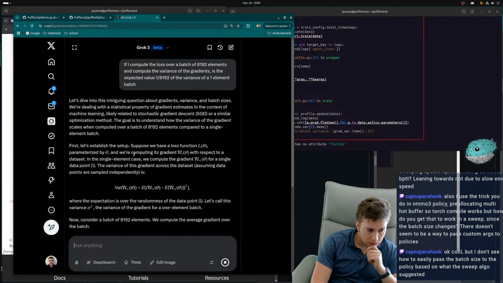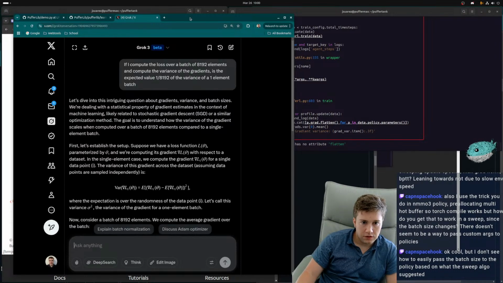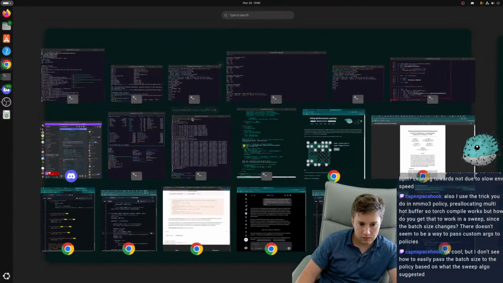Or it might be, I don't see how to easily pass batch size to the policy based on what the sweep algorithm suggested. Just in your demo code, right?